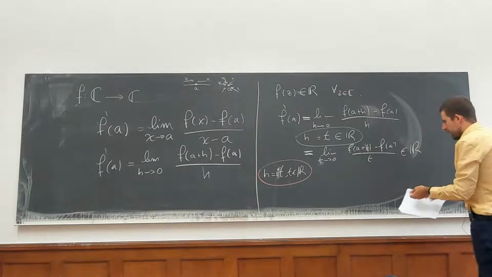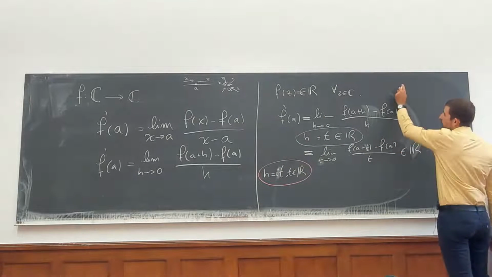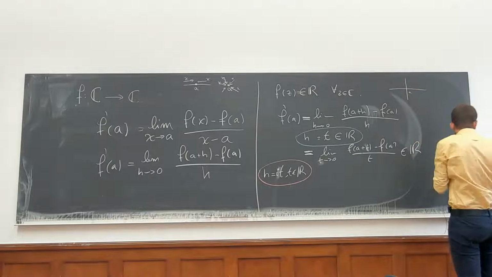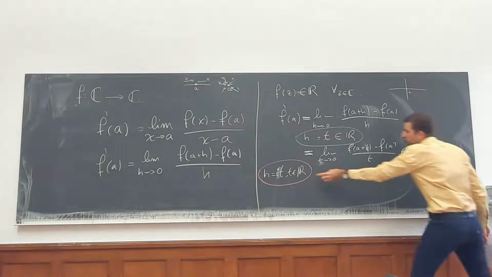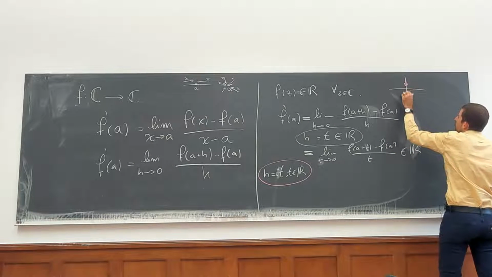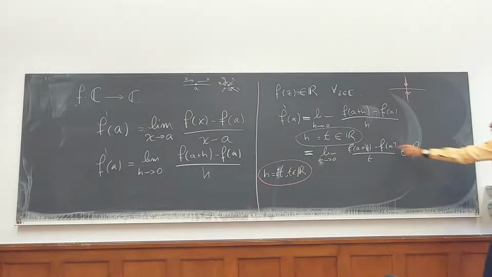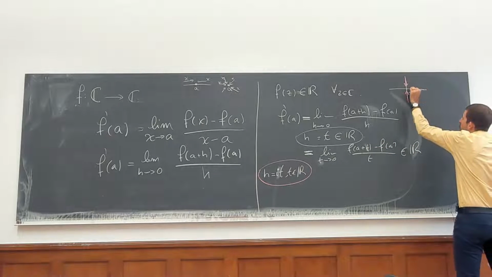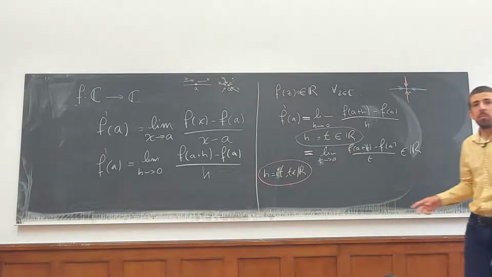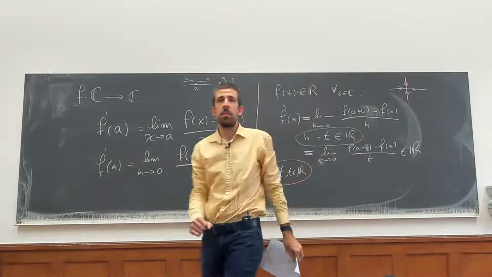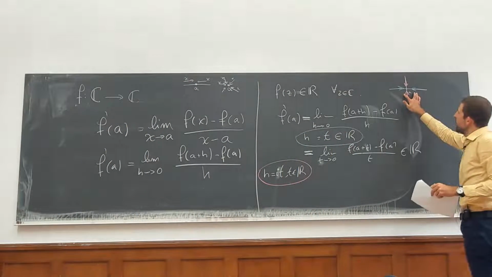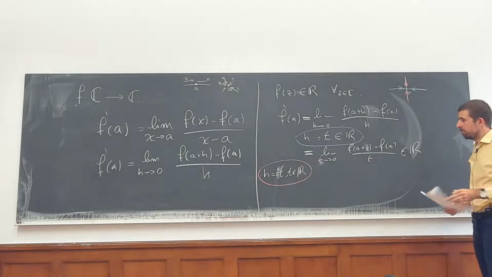We're thinking of h, or you can think here of a, and we're approaching it from the purely imaginary line. And in the blue example, we're approaching it from the real line. And the limits need to be the same, otherwise the limit doesn't exist. So if I compute the derivative approaching this way or this way, it must be the same.